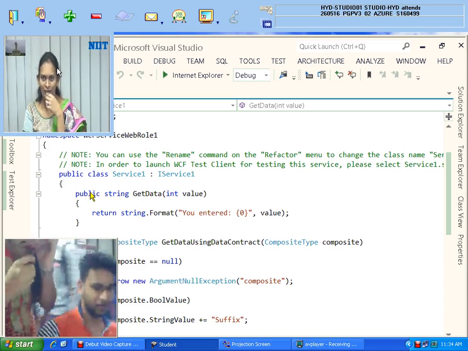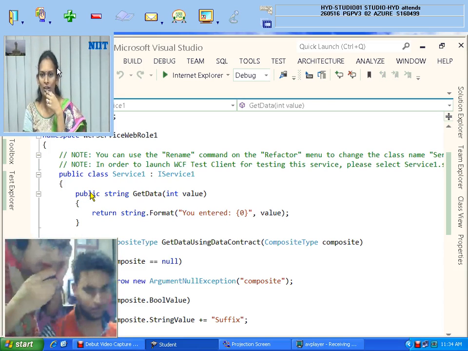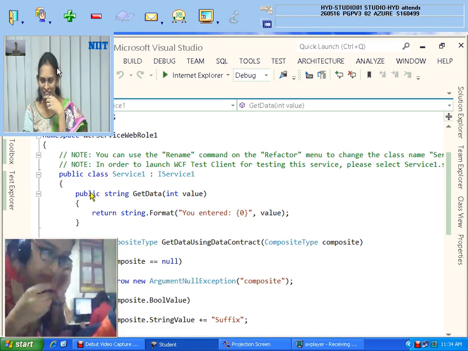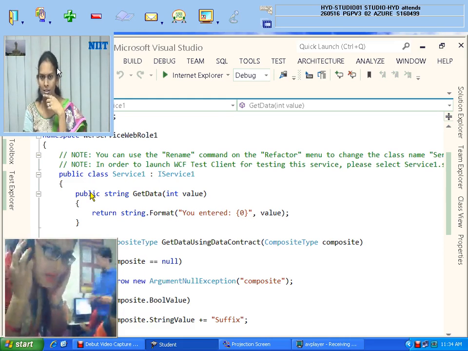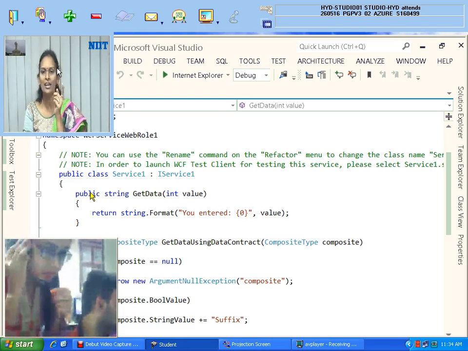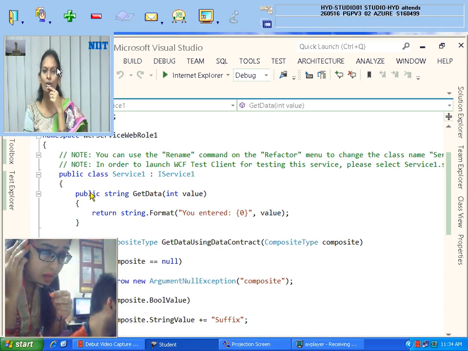Hello. Yes, the student is saying that he missed the previous session where I told how to create a WCF service and how to host it in IIS, everything. Today I am teaching the same WCF service, to create and host it in the Azure portal.